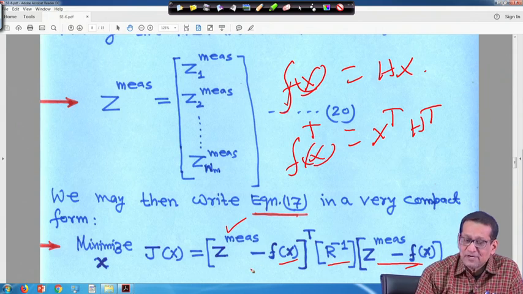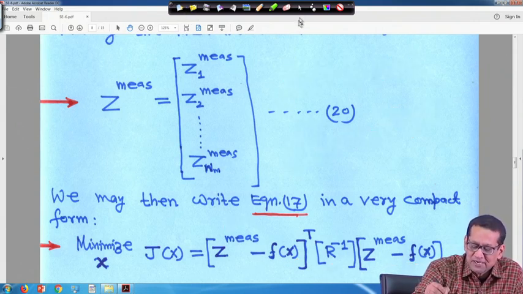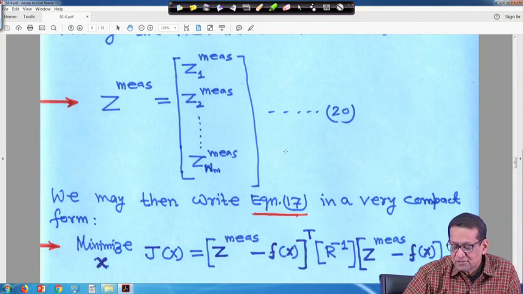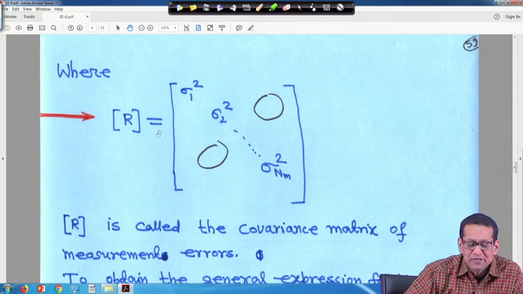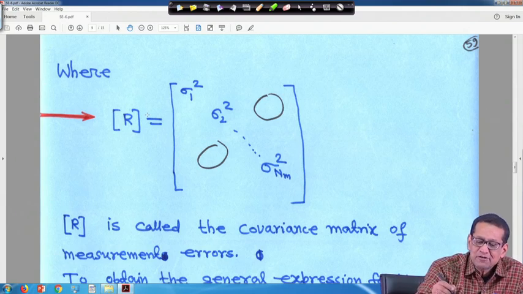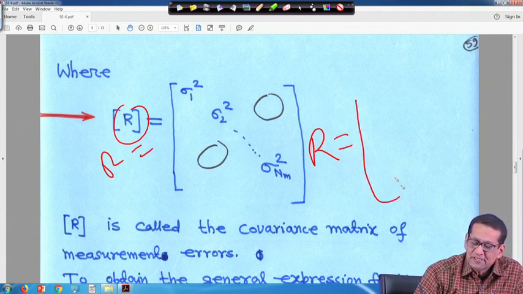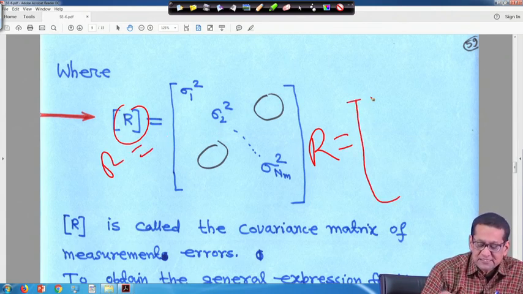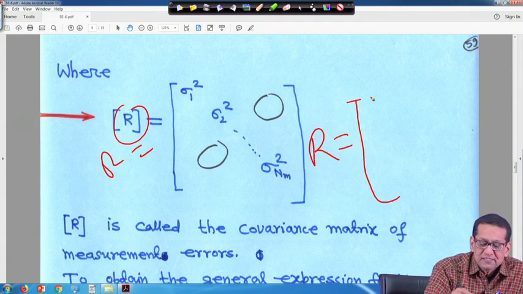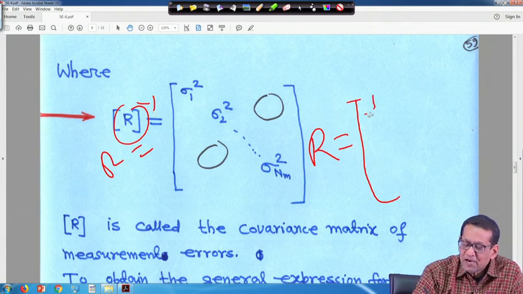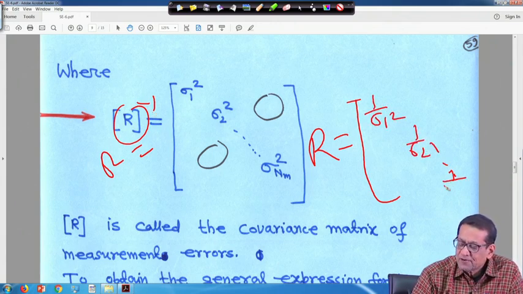So, just go for this multiplication. I will not show this one, but directly I will write, I think it is understandable for you, right. When you multiply, and R, I told you that at a later stage I did not put it in brackets, simply I have written R. So, R is actually R inverse, right. R is 1 upon sigma 1 square, 1 upon sigma 2 square, up to 1 upon sigma